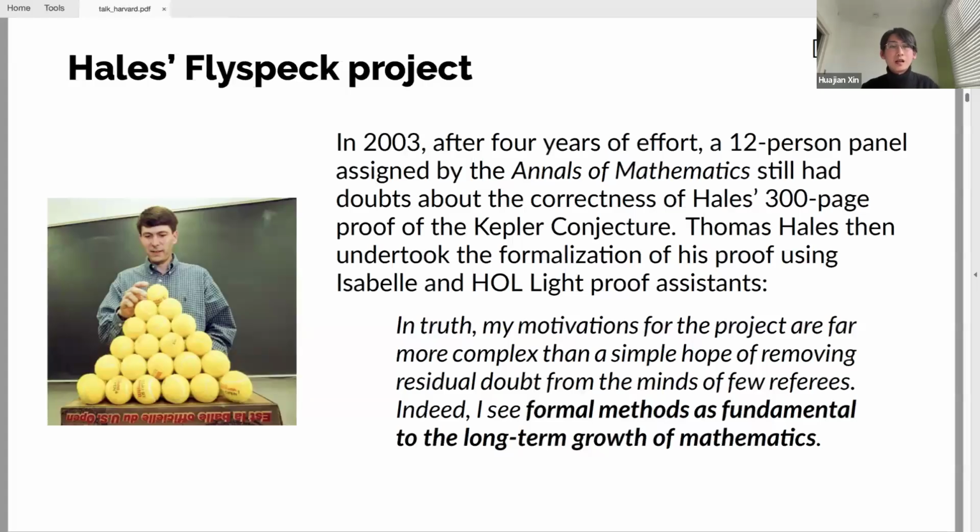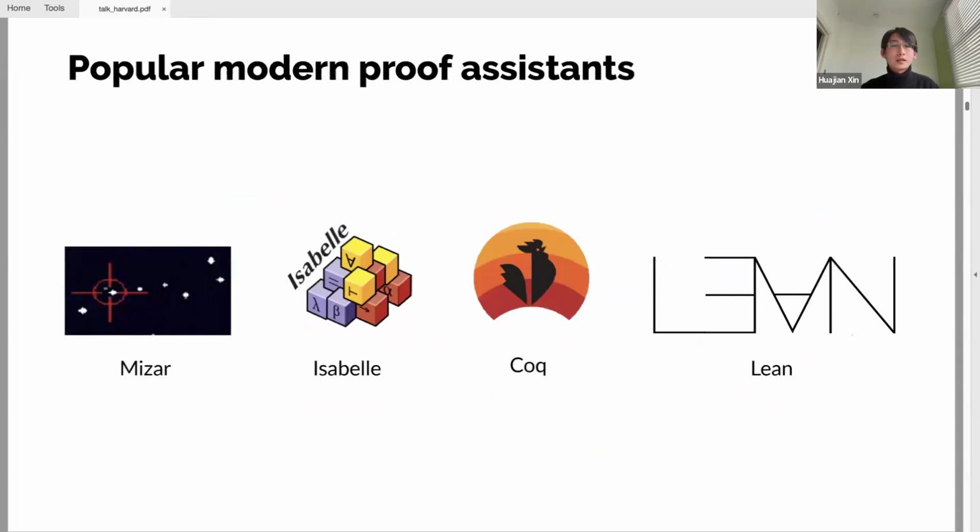Thomas Hales's Flyspeck project later exemplifies this vision by using proof assistants Isabelle and HOL Light to verify his proof of the Kepler conjecture. This also demonstrates the power of formal proof to confirm complex results. And today's proof systems like Mizar, Isabelle, Coq, and Lean are invaluable for formal proofs, enabling precise verification and minimizing